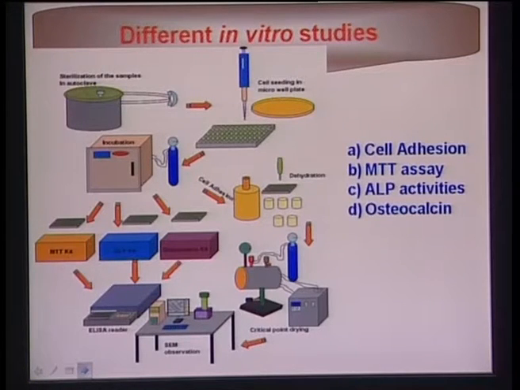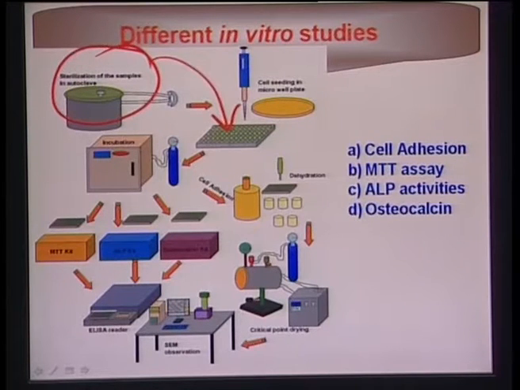Now for in vitro properties, there is a standard protocol. First you have to autoclave, either by steam autoclave or by gamma radiation. For ceramics like hydroxyapatite based ones, steam autoclave is okay. Then you have to seed the cells on these materials. You can take a 96 well plate or a 6 well plate, and so on. This is the microwell plate, and then you put these materials inside the CO2 incubator, where the atmosphere is maintained at 5% CO2, 95% air, and a good amount of humidity is maintained inside the incubator.